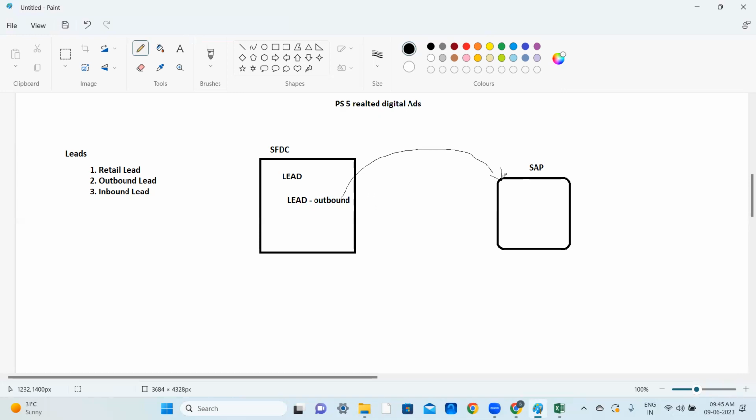We are sending it outside, right? Why? To maintain a sync up between the SAP system and the SFDC system, because still my end users are using